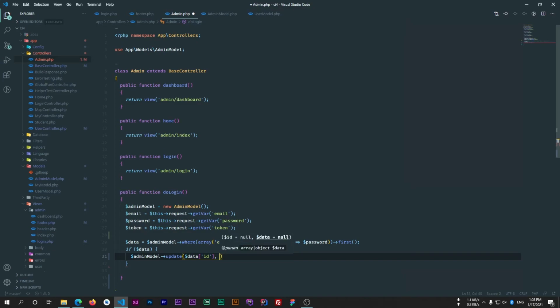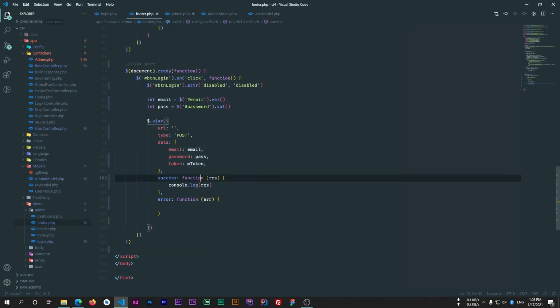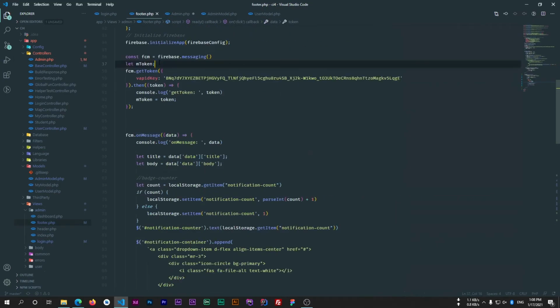The second one is an array, the data which is going to be updated. So I'll use an array, and the data will be token, and the token which is coming from the API, this one which is coming from here, this M token which is in the global variable.